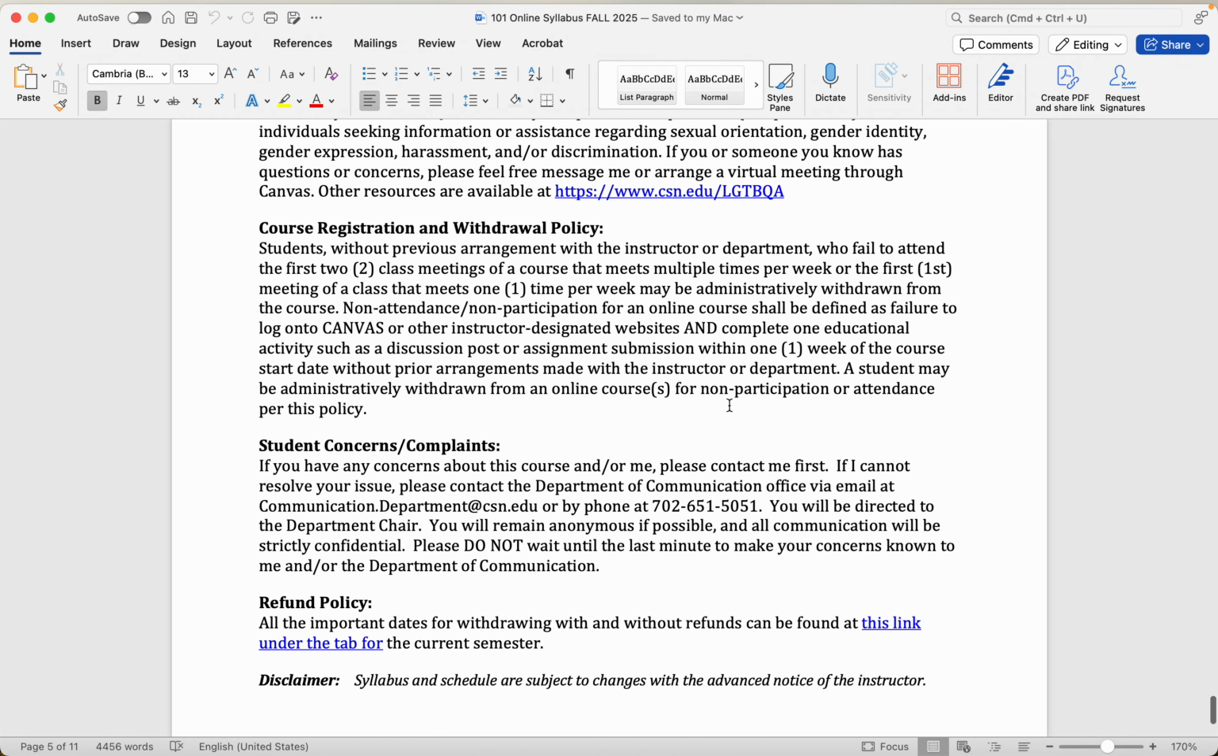Lastly, or last few things here, two more policies have been added: course registration and withdrawal policy. Basically, it's kind of funny. Well, not funny for CSN administrators, but we've had a problem with ghost students. We're calling them ghost students. They're basically students that are actually robots or artificial intelligence who are committing financial aid fraud. They're not real people, and they're enrolling in the course, they're collecting the financial aid, and then we're on the hook for it. So we want to make sure that you're a real person, and so in the first week